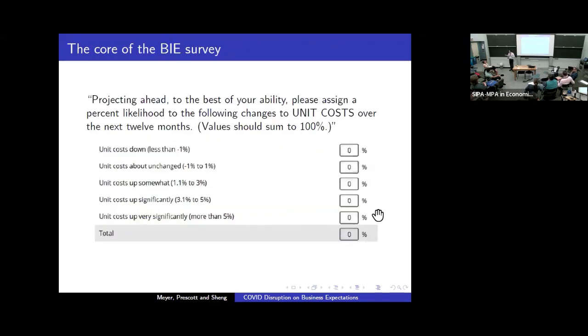I'd like to emphasize two unique features of our survey. The business owners assign probabilities to these five pre-specified bins. This is the first unique feature, because almost all other firm-level surveys either ask for overall price increase or decrease, or you give a number. But here we get a whole probability distribution that enables us to calculate not only the mean or median, but also higher moments, like I said, uncertainty and risk. Second, and most importantly, so far as I'm concerned, differing from all other firm-level surveys that ask for overall price or inflation, we focus on firms' own unit cost.